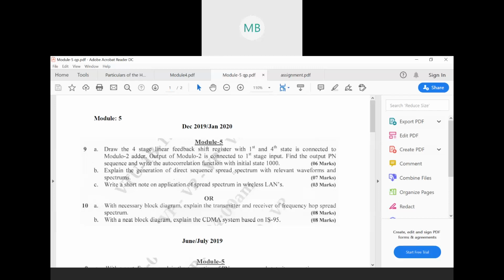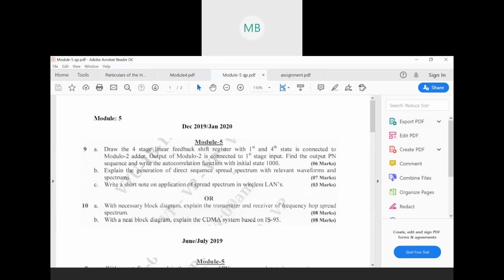So you explain the operation of this direct sequence modulation, and then draw the waveform. The waveform is given in the Xerox notes. Data signal, PN code signal and product signal waveforms are given. I have considered the data signal as 1 followed by 0, and the PN sequence is 0, 1, 1, 0, 1, 0, 1, 1. This sequence is considered for the explanation, and multiplication of data and PN signal gives the product signal. So you explain how this multiplication is carried out and how modulation is carried out in the second stage.